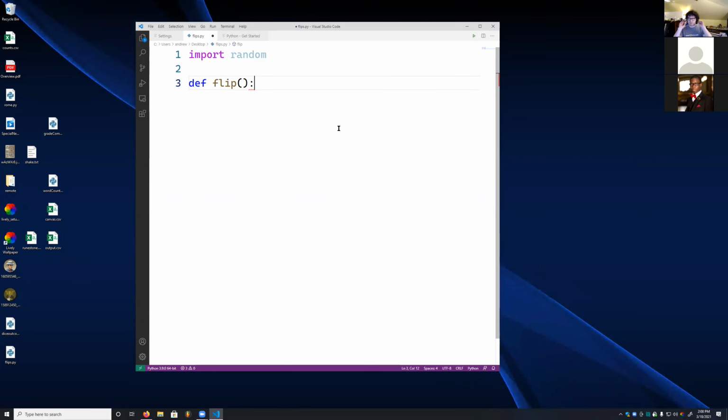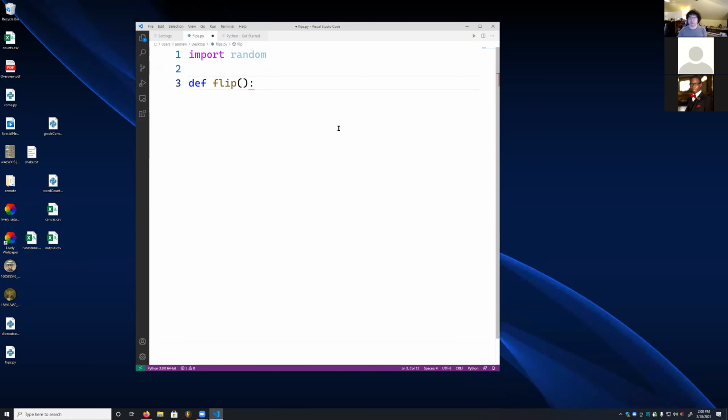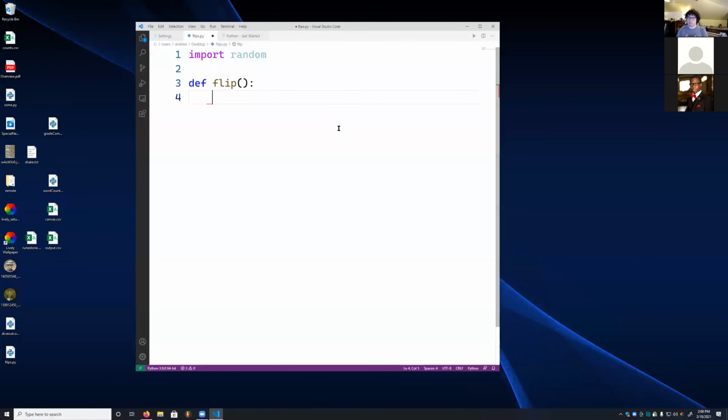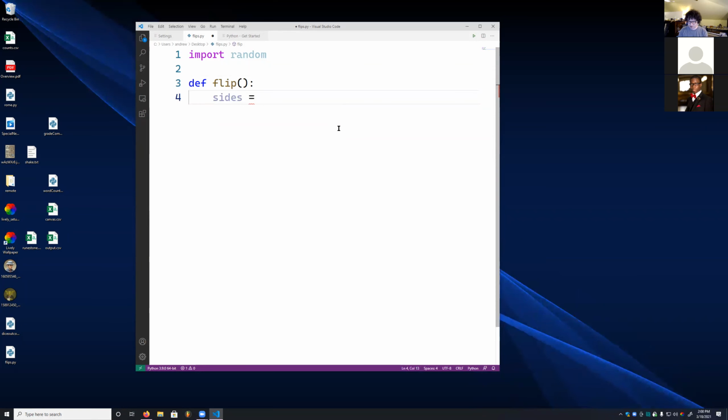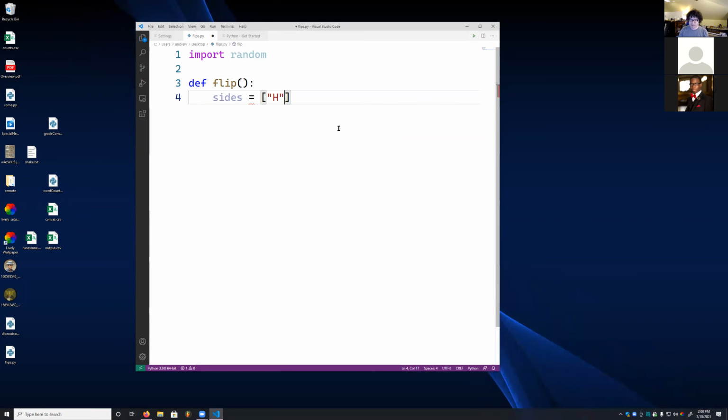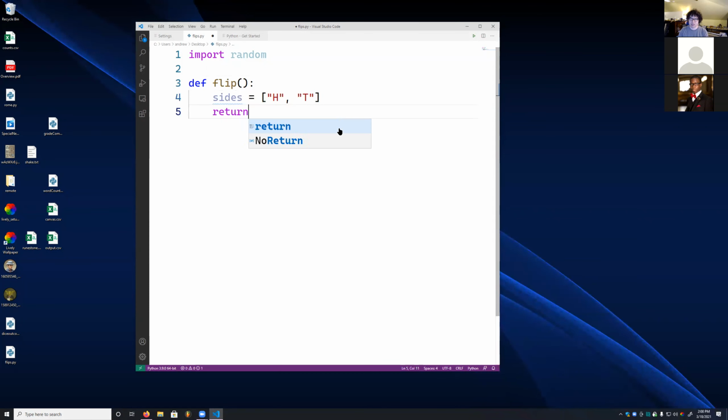And return it fairly, okay? Now there's a couple of different ways we can do this because of the way the random function works. We can do something like this: sides is equal to heads and tails. This is partially the most straightforward way to do it, because it doesn't involve